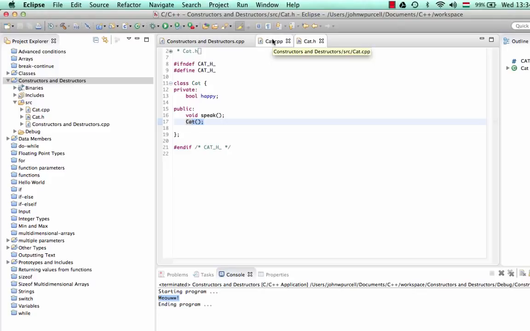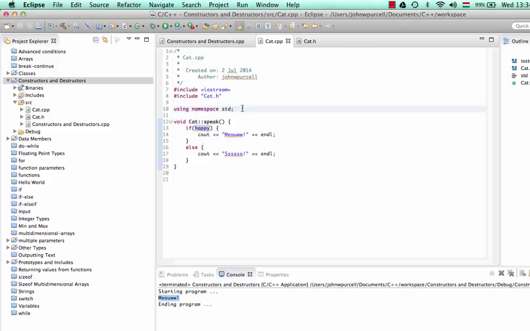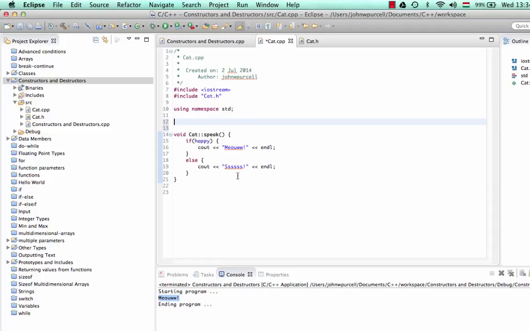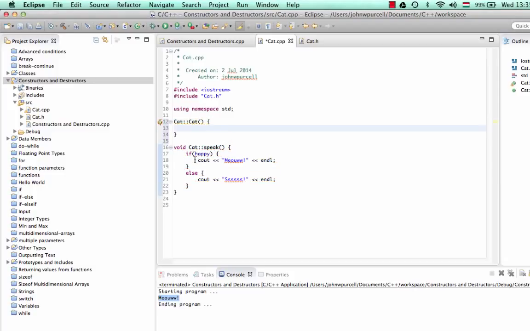Let's implement it. I'll go to cat.cpp and I'll put this above my other functions just because it's a logical place to do it, but you can put them in any order actually. So let's say here Cat, remember no return type, colon colon, because we need this to associate the function with the actual Cat class. And Cat, which is the name of the function, it's the constructor. So in this case, it's the same name as the class, round brackets, open and close the curly brackets. Let's have a cout, and let's say here,